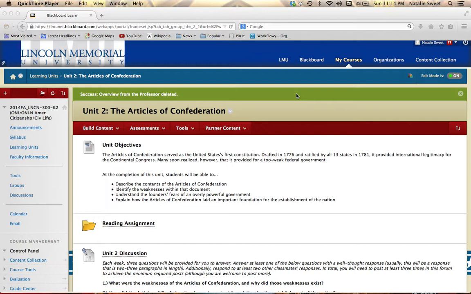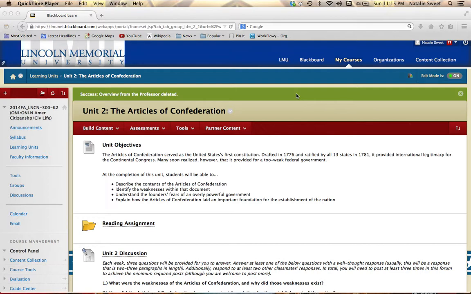It was drafted at the same time that our nation was being founded, when, in fact, our nation started out as a confederation of 13 sovereign states. It was drafted by the Continental Congress in 1776 and actually went to what would be the eventual states for ratification in 1777. It was formally ratified by and completed by 1781. So, what we're going to be looking at today is how it provided international legitimacy for the Continental Congress, and we're also going to be looking at how it allowed the federal government to operate domestically as well.